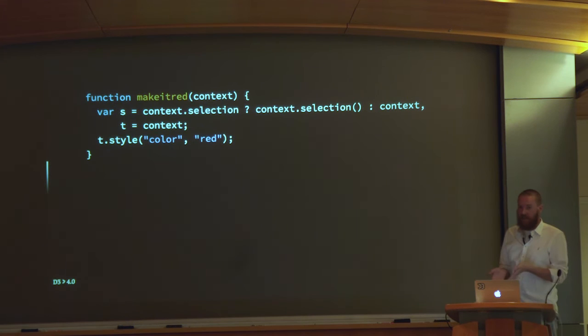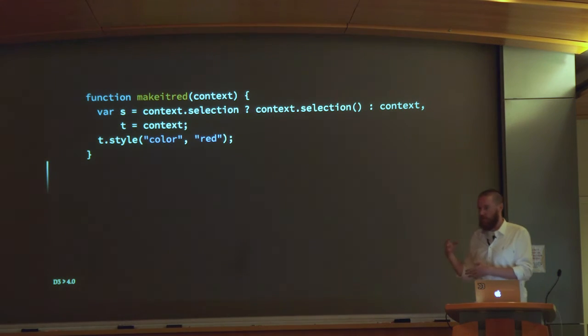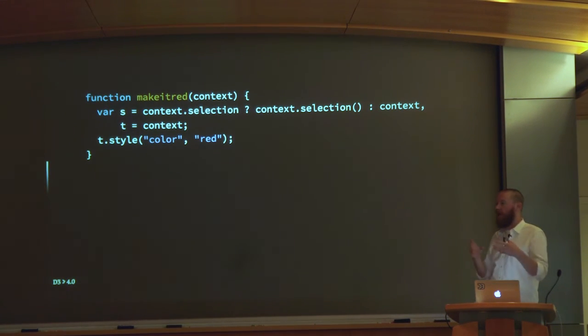So we fixed this in D3 4.0, again by introducing a new API. We've already removed this transition.each magic, and furthermore, we've introduced a new API for synchronizing transitions. Because one of the things that you need with this design is the ability, when you create those new transitions, to make sure that they're synchronized with the context transition that's passed into your function. Okay, so D3 4.0 introduces this new